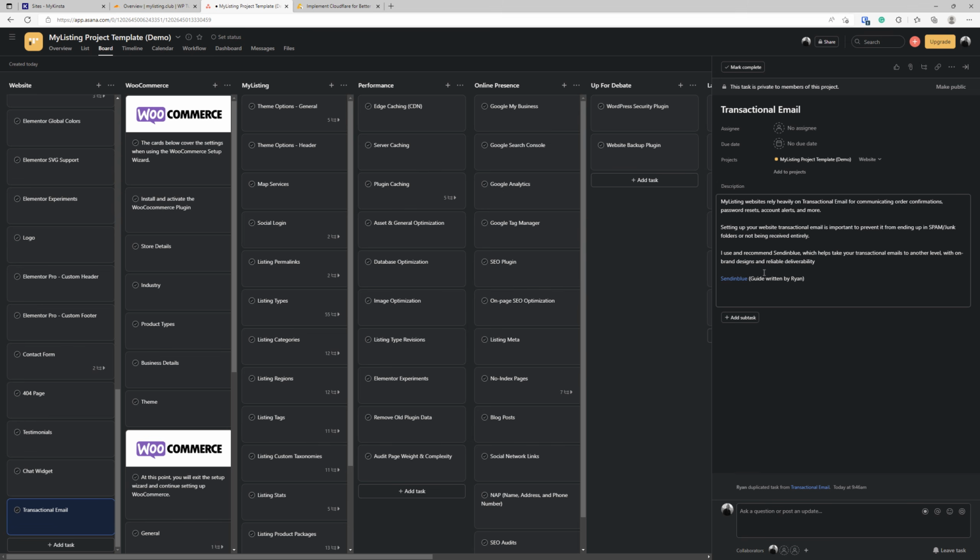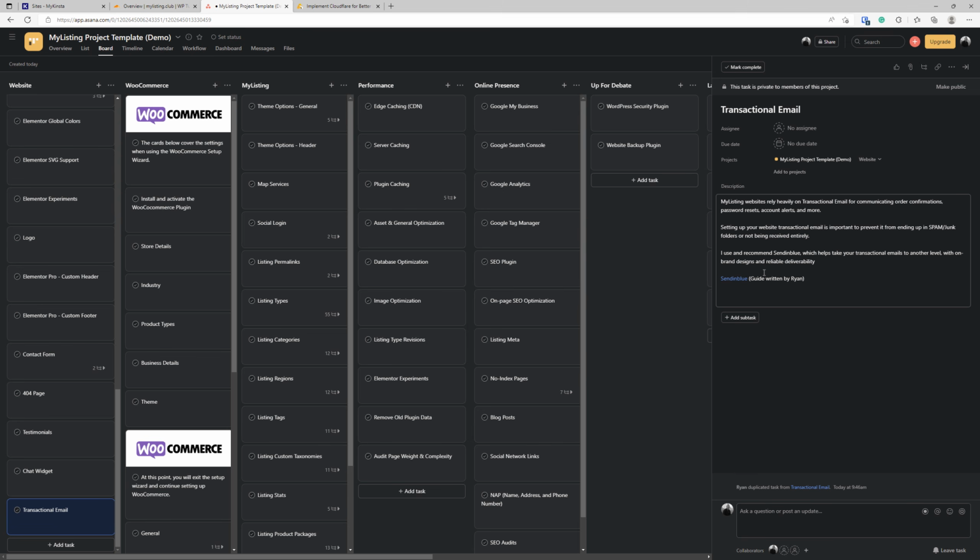It keeps the emails out of the spam folders, the junk folders, and it ensures that when someone requests a reset, or more importantly, they want their order information, confirmation, whatever, you want to make sure that that gets to them. With Sendinblue, for example, it's just really easy to set up and ensures that delivery, gives you a nice log tracking and things of that nature. So regardless of the solution you use, you just want to make sure you get that set up